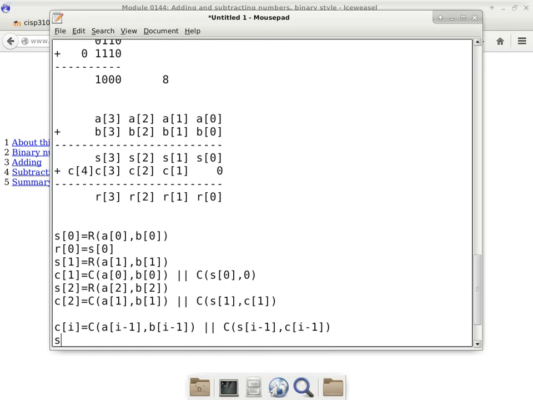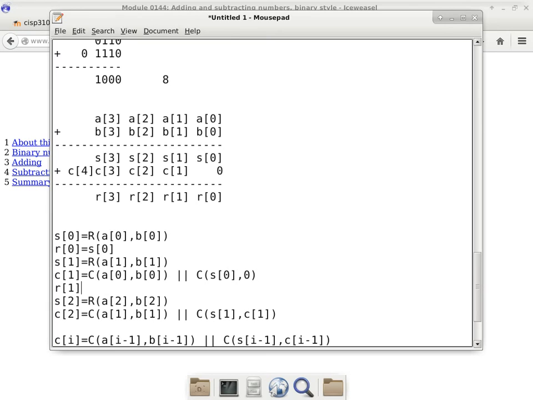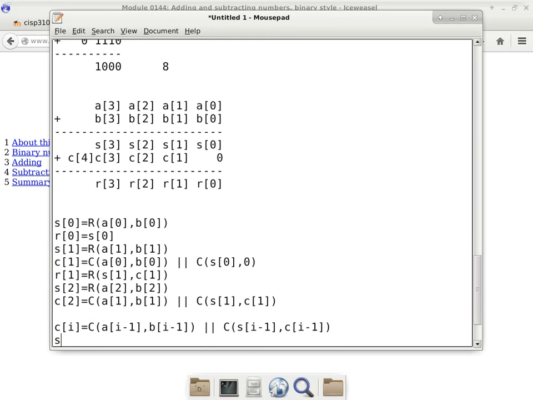Oh, I forgot to do one thing. What about R? R1 is equal to, that's an easy one, S1 plus C1. It's R, S1, and C1. Right? Yep. Okay. So the carry, the intermediate sum is, that's the easy one because it's just AI, BI, and